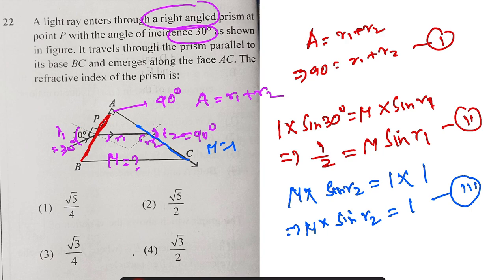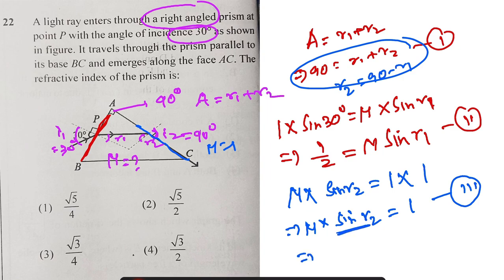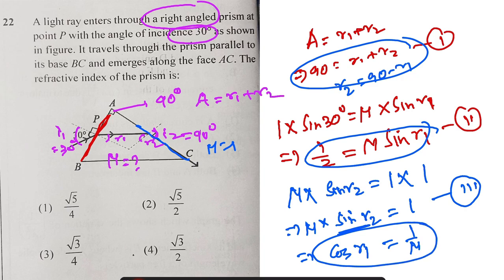Now the calculation is a little bit difficult because you know mu into sine R2 is equal to this, but you know the relation between R1 and R2? 90 is equal to R1 plus R2. So R2 is equal to 90 minus R1. So sine R2 means sine of 90 minus R1, that is cos R1, equal to 1 by mu. So if you solve these two equations,